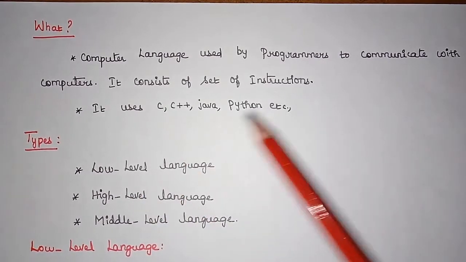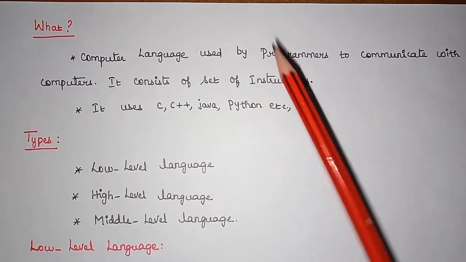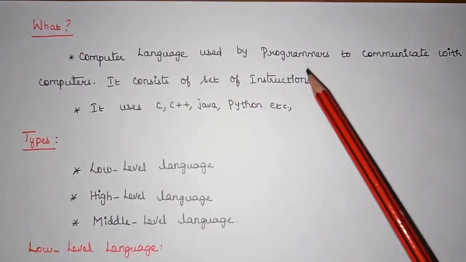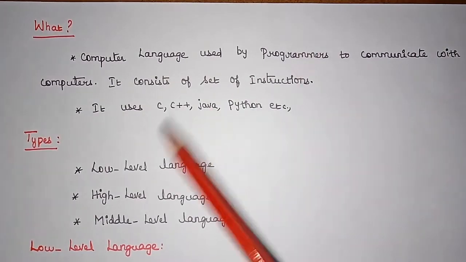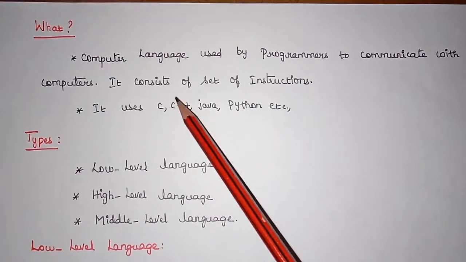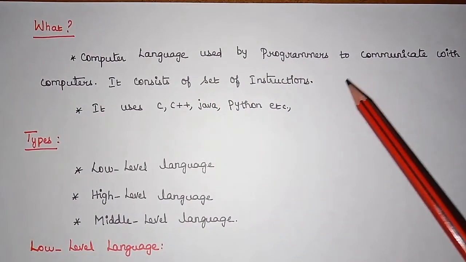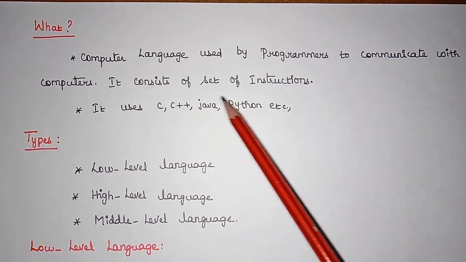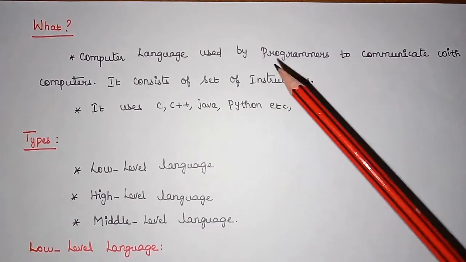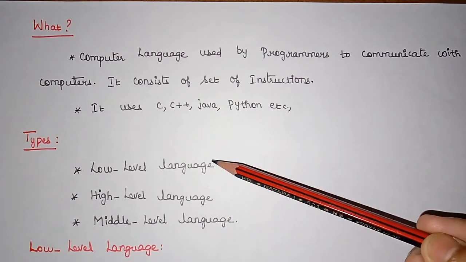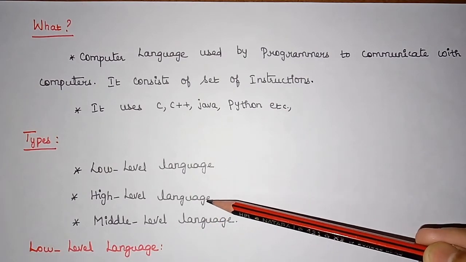Then what is a programming language? A programming language is actually a computer language that is used by programmers to communicate with computers. This programming language consists of a set of instructions, and it uses languages like C, C++, Java, Python, etc. And here the programming languages are classified into three types: low level language, high level language, and middle